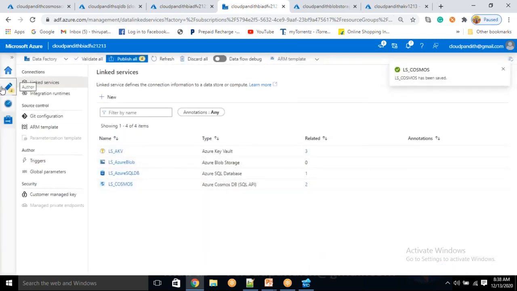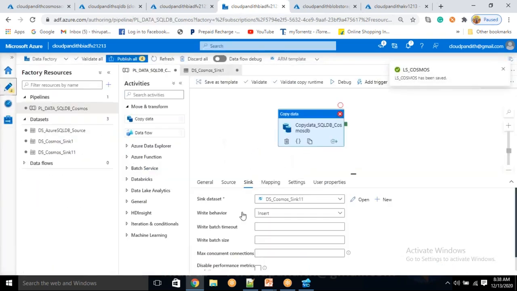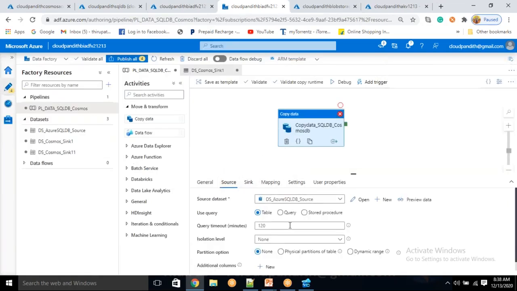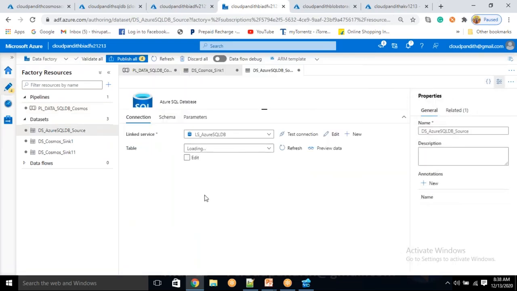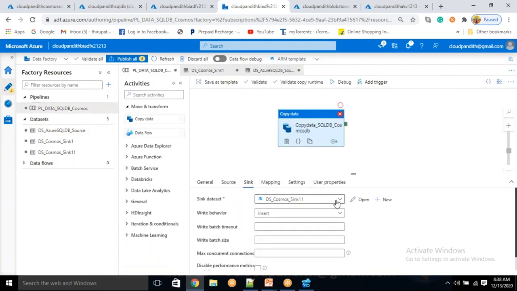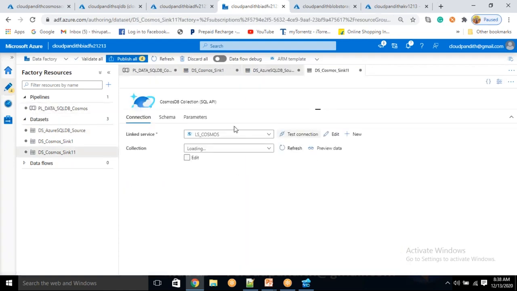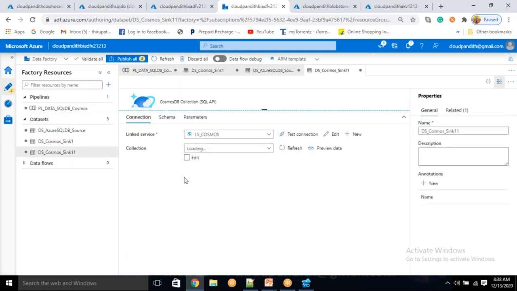Okay, so the connection will be successful. Now this time I think the issue will resolve. Now come here. Source side we just selected. You see, on the source side I selected the table called cust. Okay, come back to the pipeline. Sync side, what table have I selected, you see. Okay, so in which collection? Collection is,